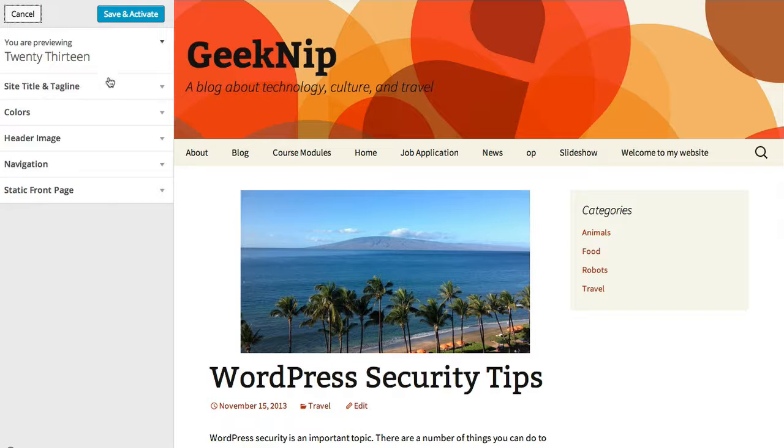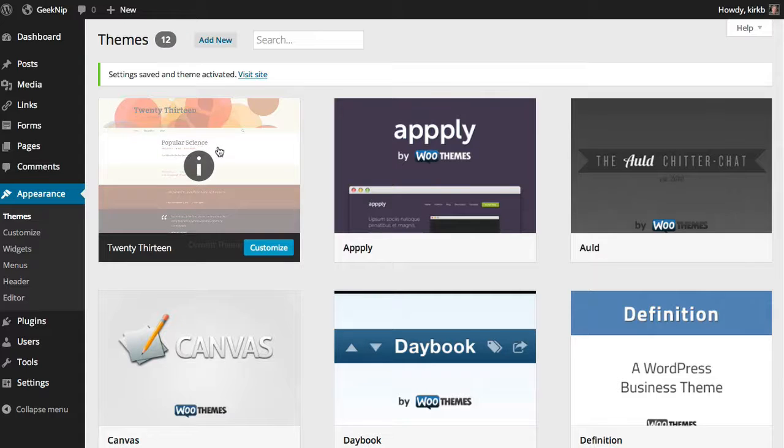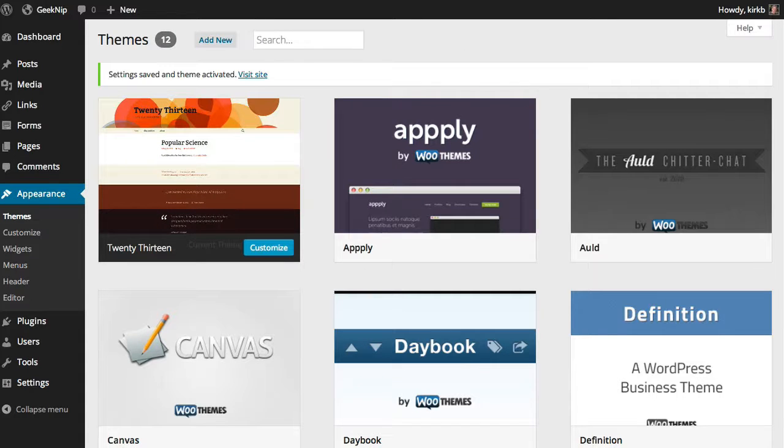Now off to the left, I can do some customization options and preview those as well. I'm going to get into theme customization in a lot more detail in the next video in this series. So we're going to leave this for now. I'm just going to go ahead and save and activate this as it is. And you'll see that puts me back at this theme list, and I've got now the active theme in the upper left-hand corner. And when I go back to my website and reload it,